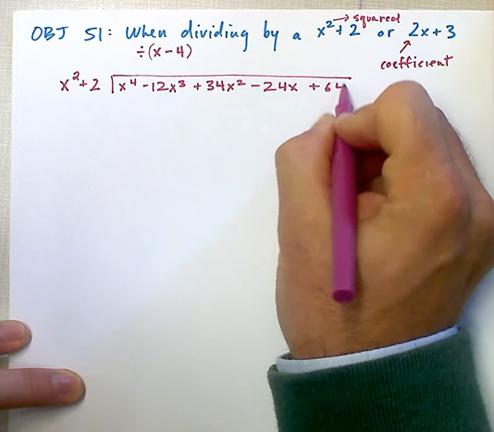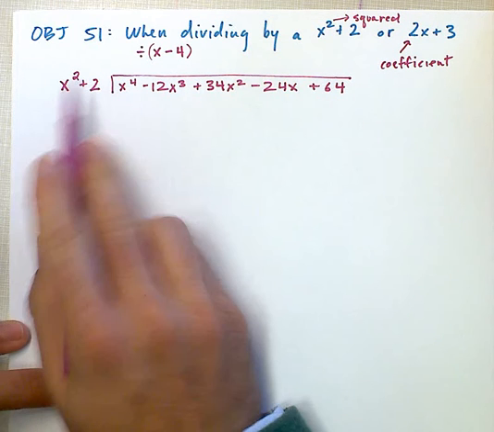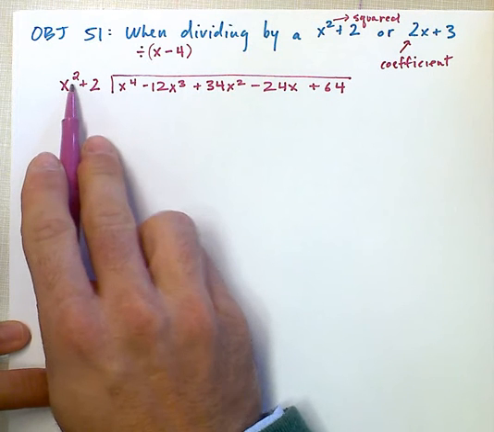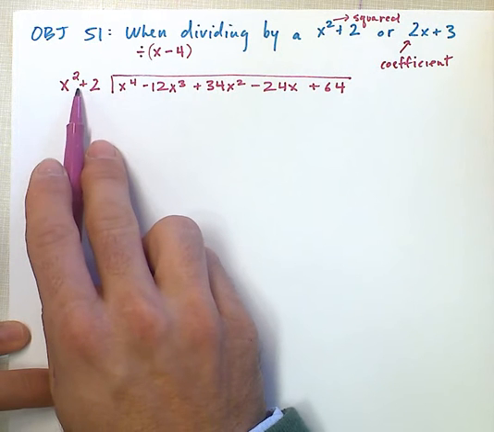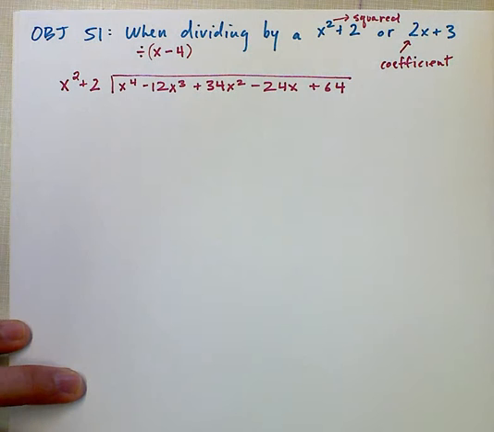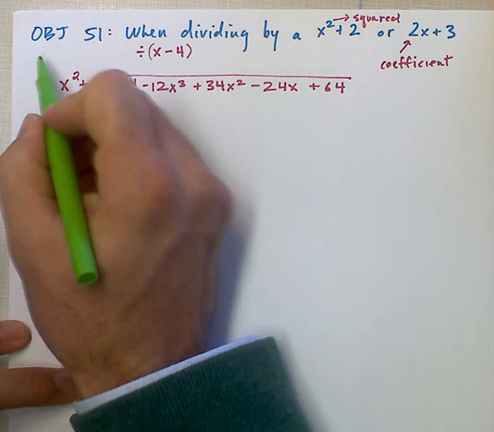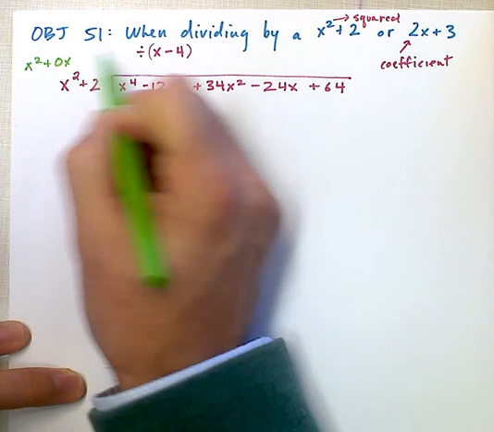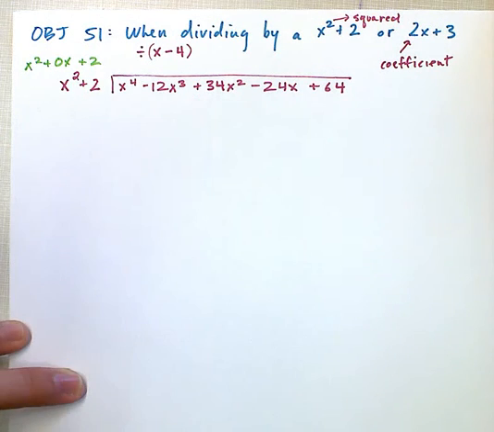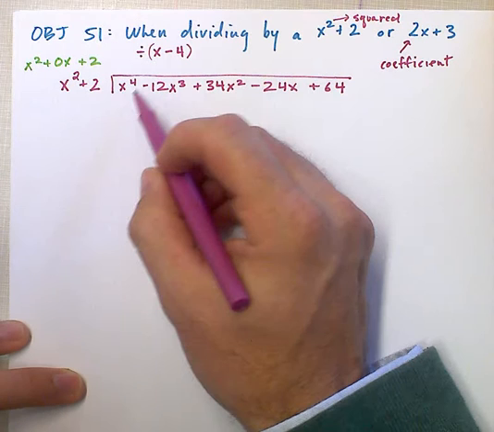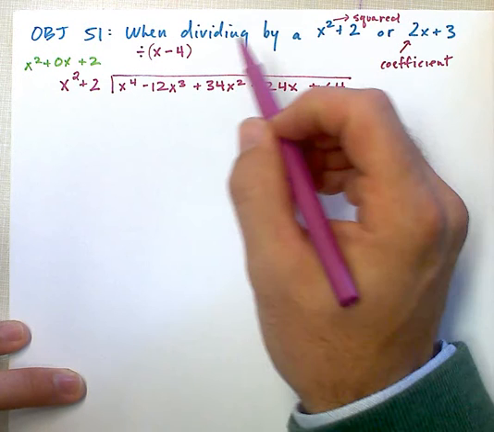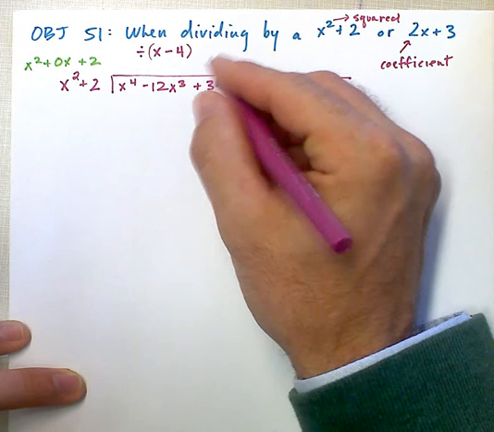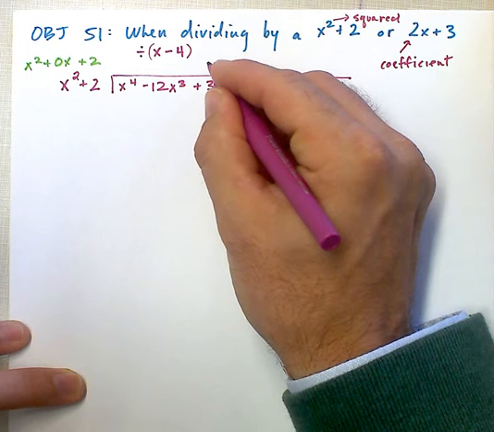Okay, you will be presented with something with x squared, which basically means you want to look at this as if there is an x1 here. Like you want to look at this almost the idea that this is kind of like x squared plus that placeholder plus the 2. So what I like to do is say, okay, I want to eliminate this first term here. So let me work with the x squared here